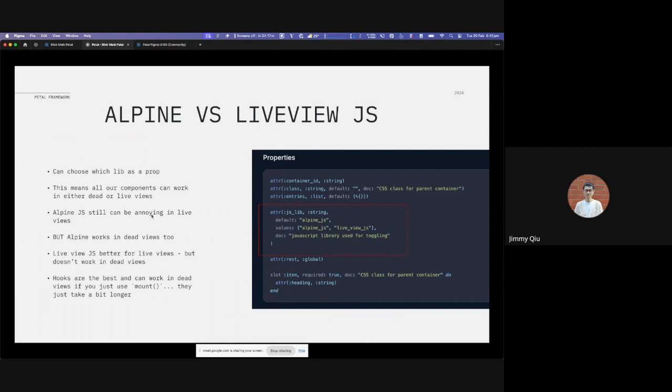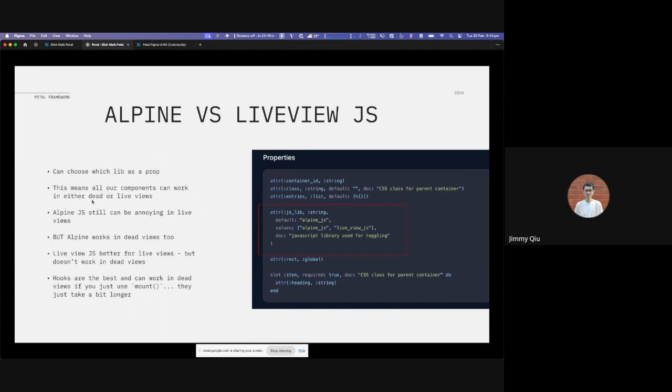Alpine is a JavaScript library which makes it easy to add JavaScript to your app, but it can get a bit fiddly with LiveView because LiveView is doing its WebSocket stuff and can overwrite what Alpine did, and it gets a bit frustrating. So we made it so you can choose between each, either Alpine or